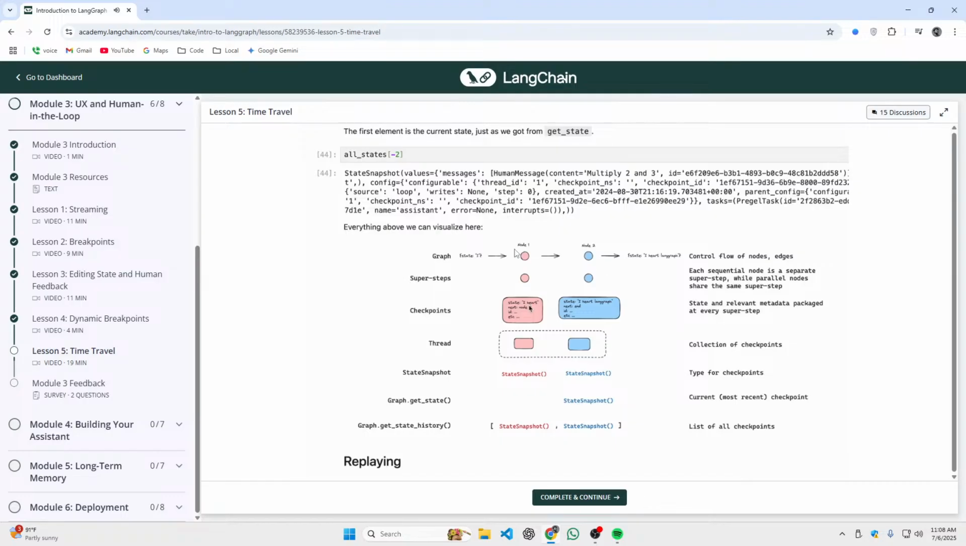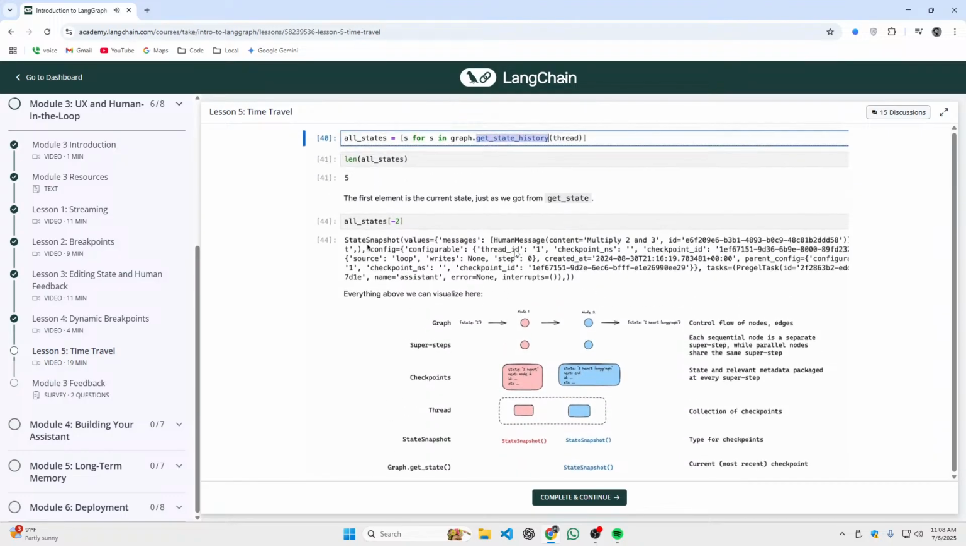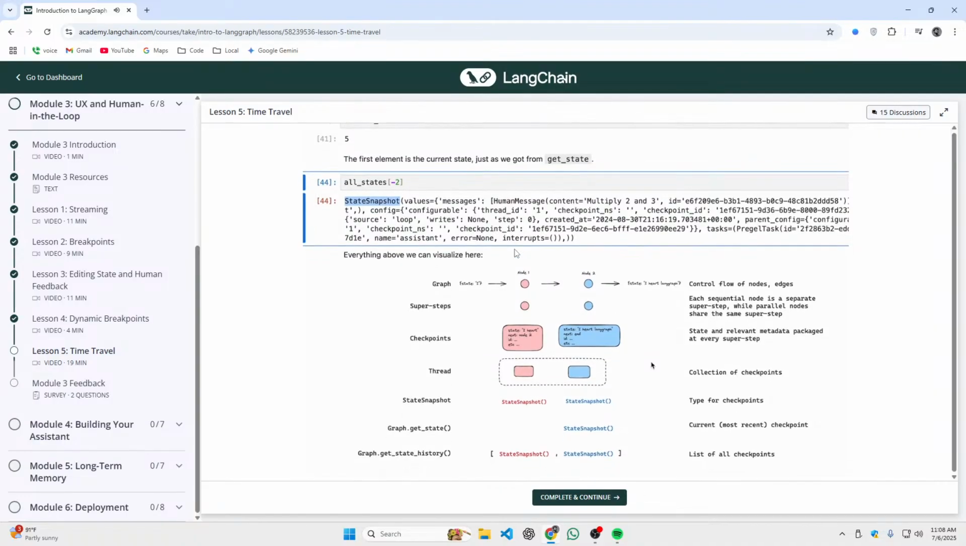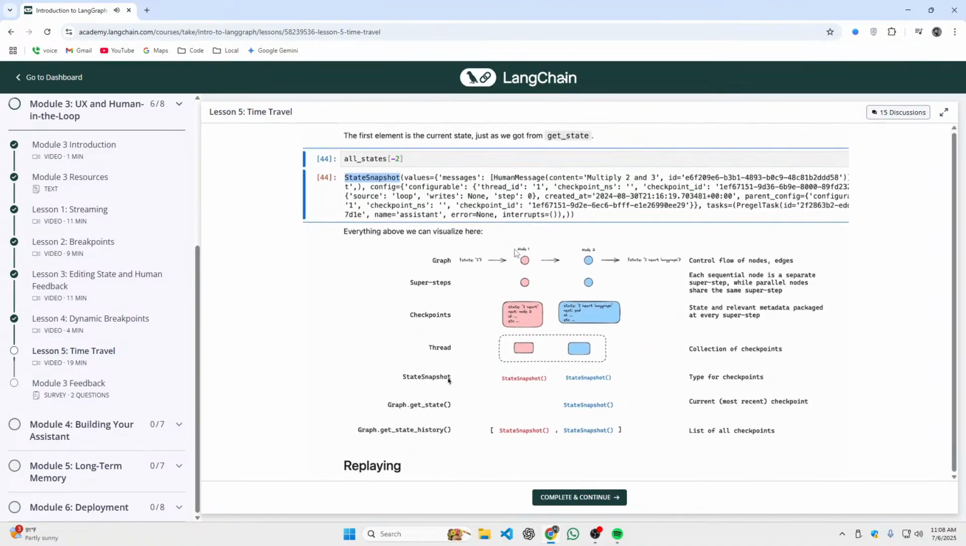Now checkpoints just wrap the state and relevant metadata at every step. So these state snapshots just serve as checkpoints. That's it. Pretty straightforward. And as noted, state snapshot is just a type for checkpoints, so that's cool. Now we saw above, when we call graph.getState, we get the current and most